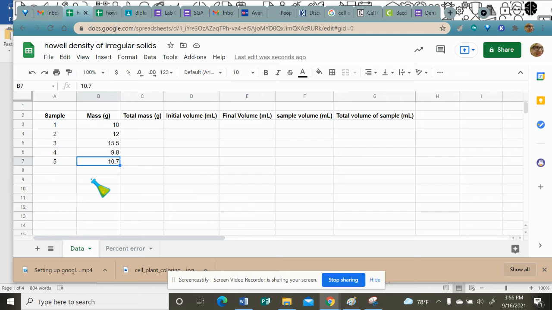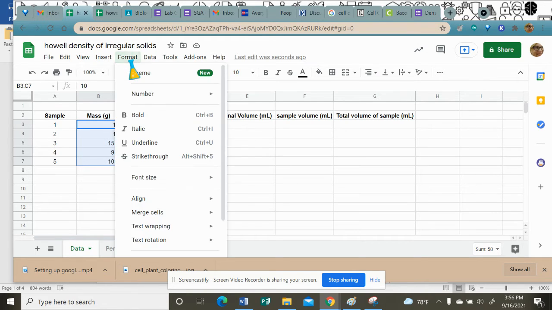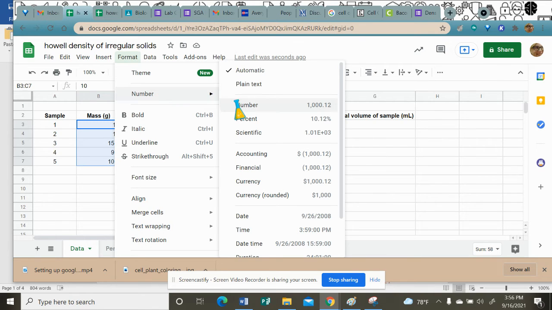So if you used the scale that read 2 significant figures, the 2 Flynn scales, I'll show you how to do that. These 2 right here are going to have the same number of significant figures because you use the scale each time. And so when I talk about where to round, you're going to round it depending on which scale. So if I use the Flynn scale that measured down to the 10th of a gram, then I'm going to click on that, go to Format, Number, and